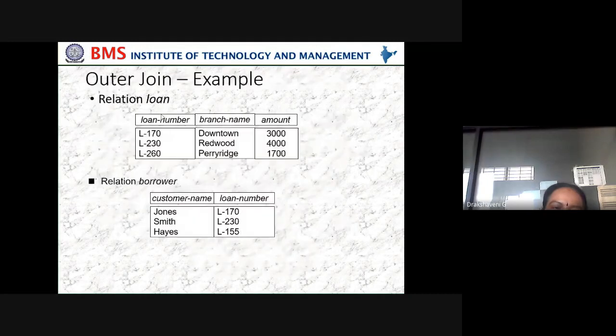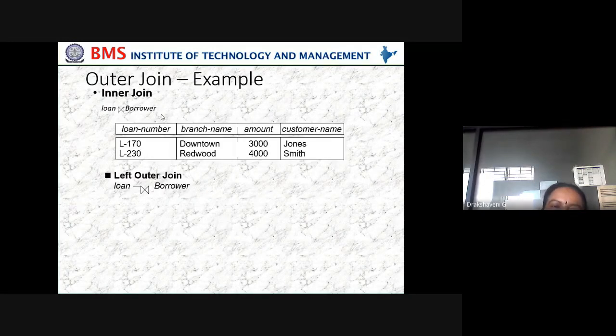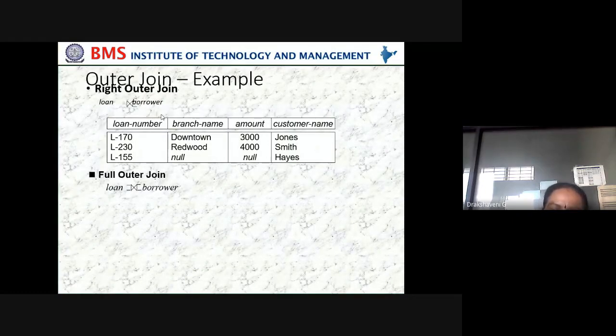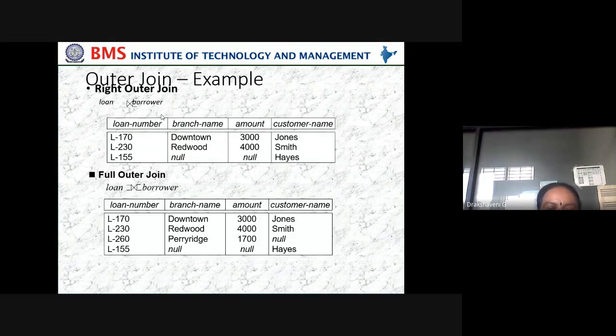So then we have seen about outer join, how we are combining. These are the two relations, one is loan and one is borrower. Inner join, what we do, takes what is common in both the tables, similar to your intersection. So the left outer join takes all the elements which are present in both the tables and all present in the loan. So that is a left outer join. And right outer join, what it will do, takes all common in both the tables and leftover in the borrower table. So then full outer join, in both the tables, takes all the rows. So that is what a full outer join is.